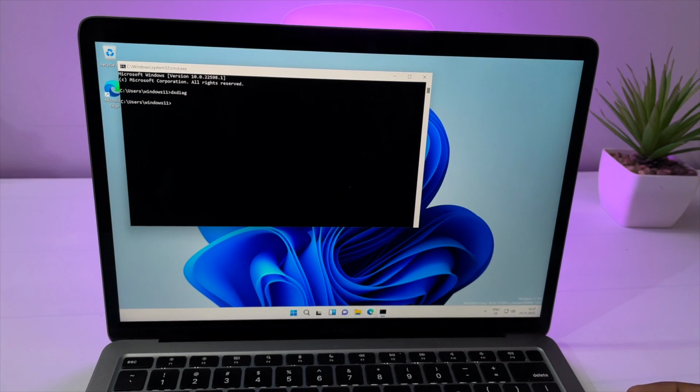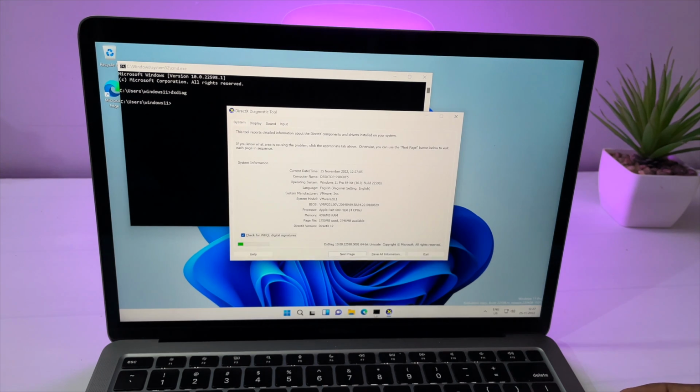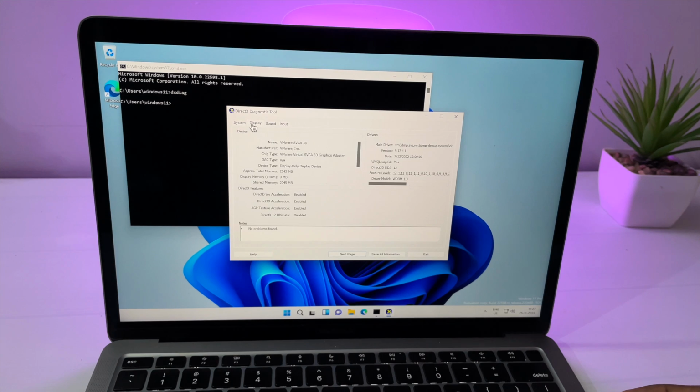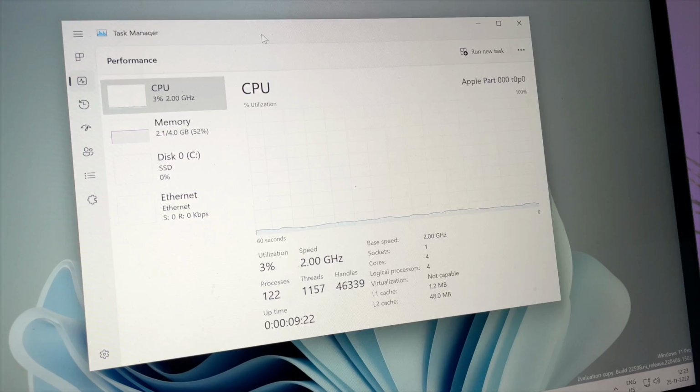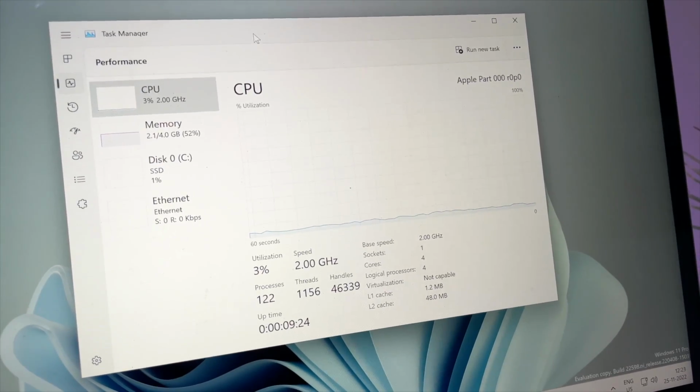When you compare VMware with UTM, I believe it's much faster, but sadly you cannot play games on VMware and it uses basic graphic drivers. If you want to play Windows 11 games on Apple Silicon, you need to use a software called Parallels. Go ahead, check that video, link in the description. But still, VMware is more than enough for personal use.